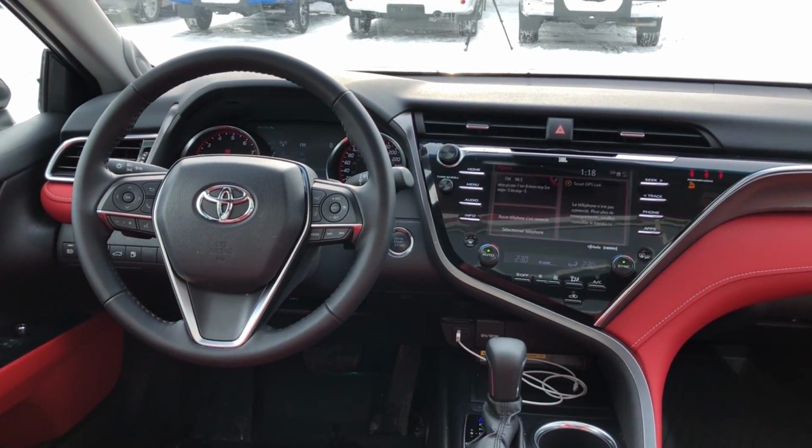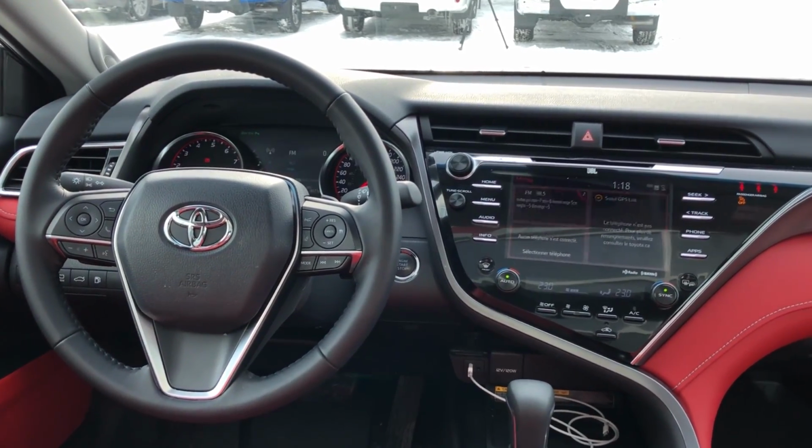Something we don't always get to talk about when we're doing this, just because there's so much to talk about in any vehicle, but actually it's very quiet in here, both when we were on the highway and here just driving along residential streets. The interior is quite quiet. We've got the radio off so we can hear everything, and it's got winter tires on it, so they're a little bit louder than usual, but I do have to say that it is very quiet